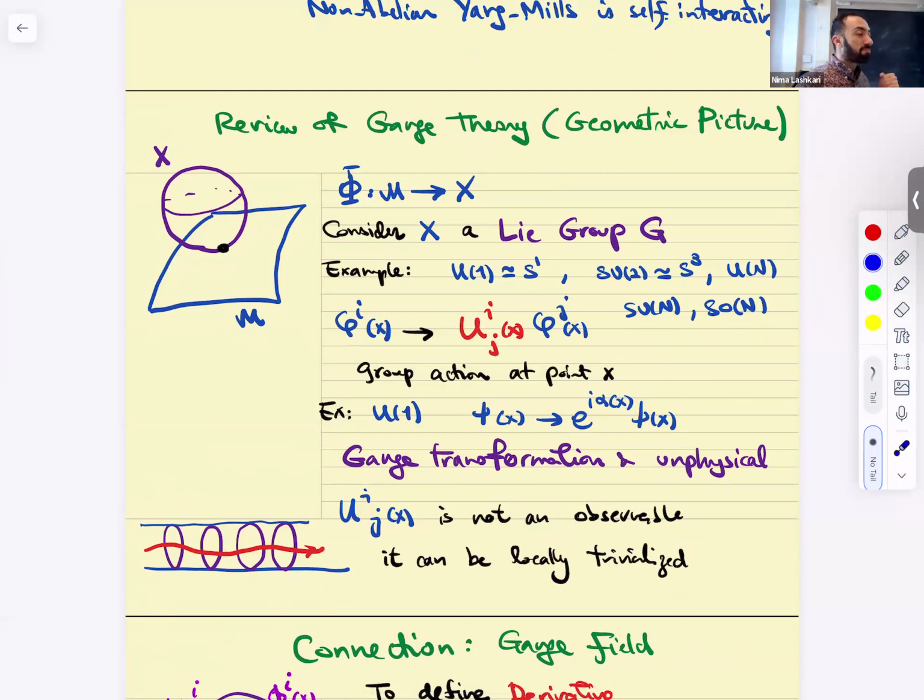In the interest of time, I'm just going to review the geometric picture that I now put next to this nonlinear sigma model and O(N) model. It gives you a nice picture, right? Because we had a long discussion of what gauge theory is, where its origins are. So what was the geometric picture? It was a fiber bundle, right? It was a principal bundle.